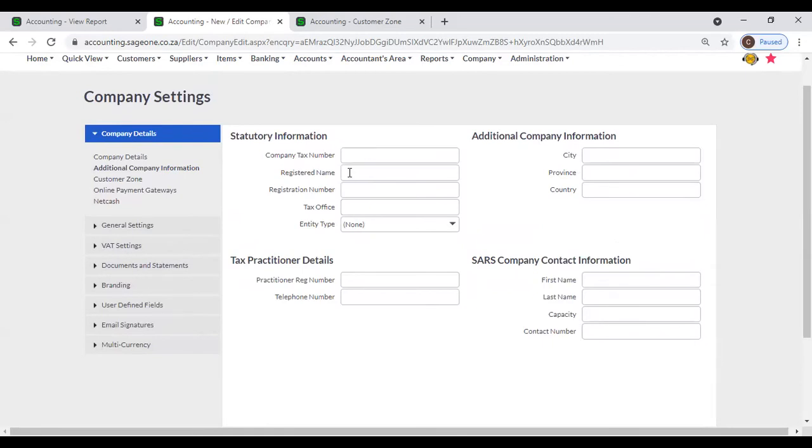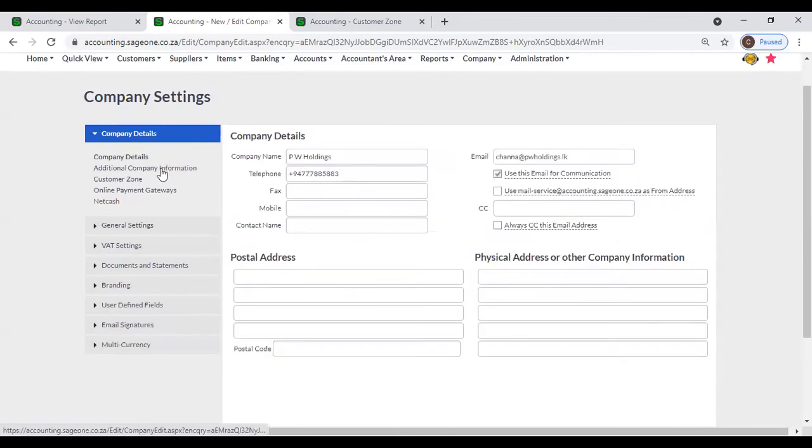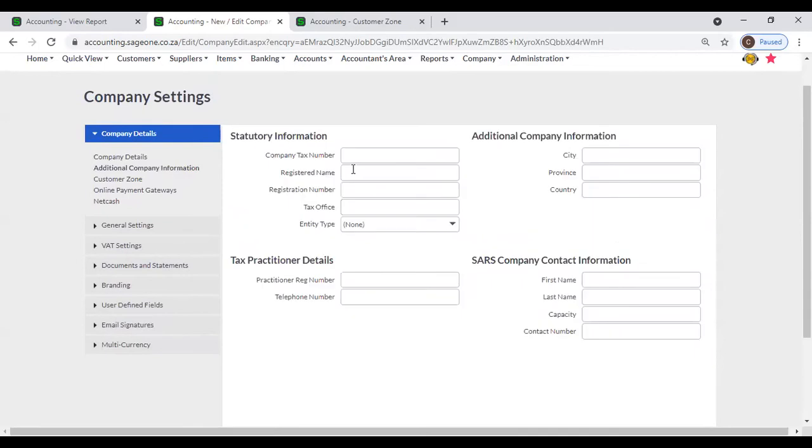Next, registered name. Now, sometimes your company name and registered name may be different, and if it is different, you can enter your registered name. For an example, most hotels have, if you take for an example Cinnamon Hotels, the hotel name is one name, but the registered name is a different name, and here you can enter